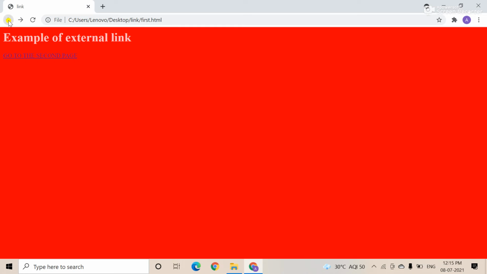See all of you, here is the example of the external link, and this is the go to the second page. Like see, this is the second page. Here the second page is there, and you see the name here, first dot html. It means the name of this web page is first dot